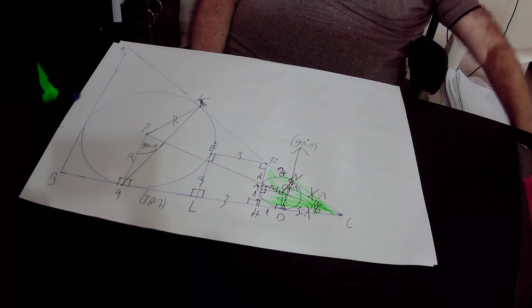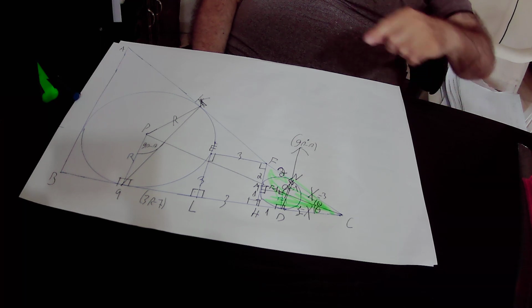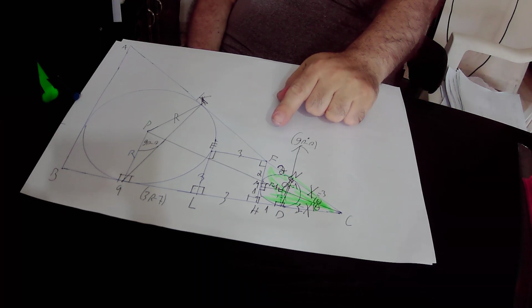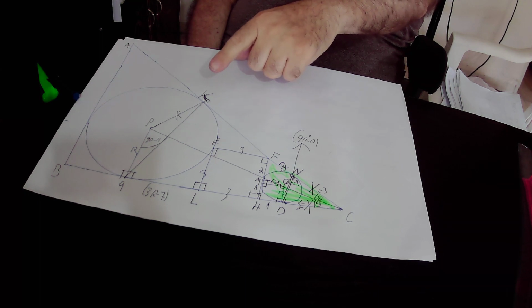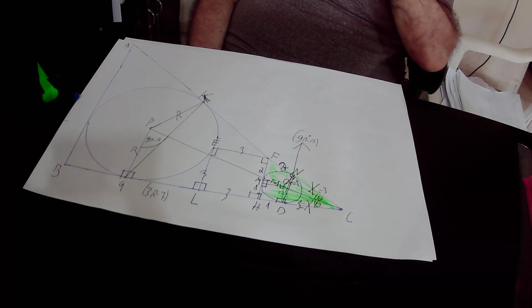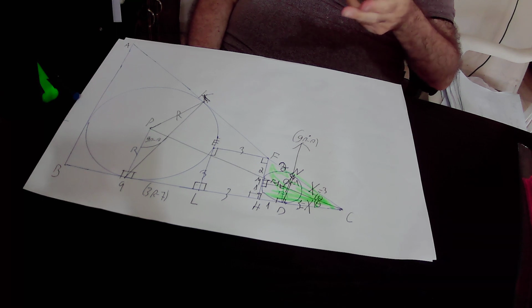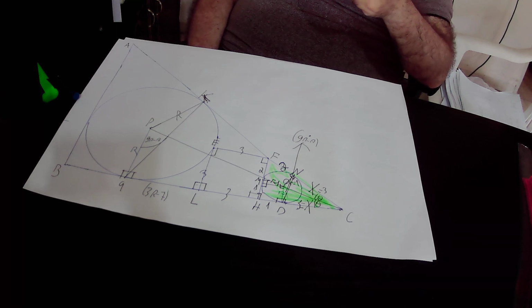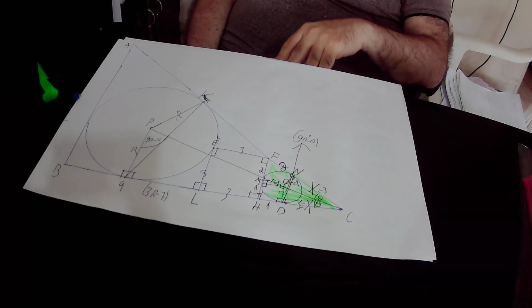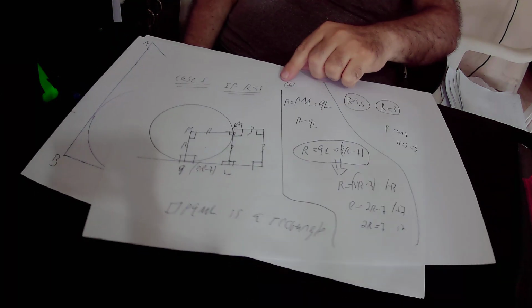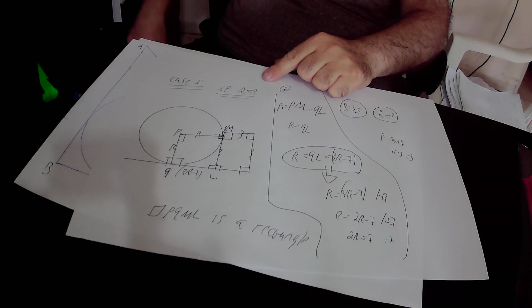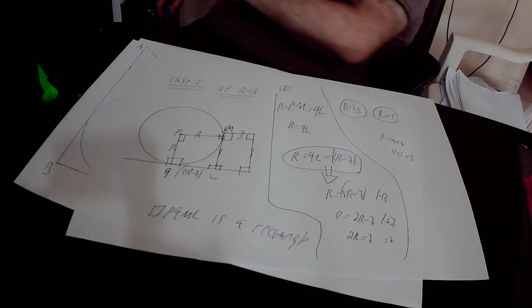Then, because the side length of the square is equal to 3 units, we examined 3 possibilities for the radius of the big circle. The radius of the big circle can be less than 3 units, it can be equal to exactly 3 units, and it can be greater than 3 units. So we examined each case. We have the first case, that R is less than 3 units. So if R is less than 3 units,